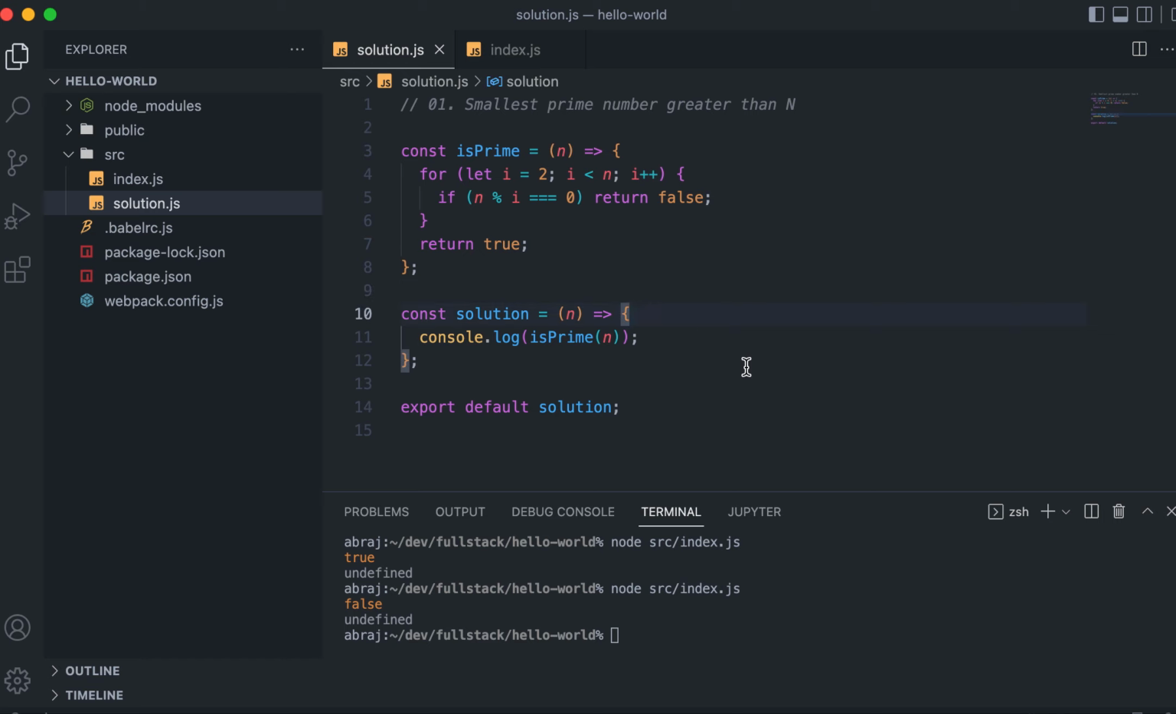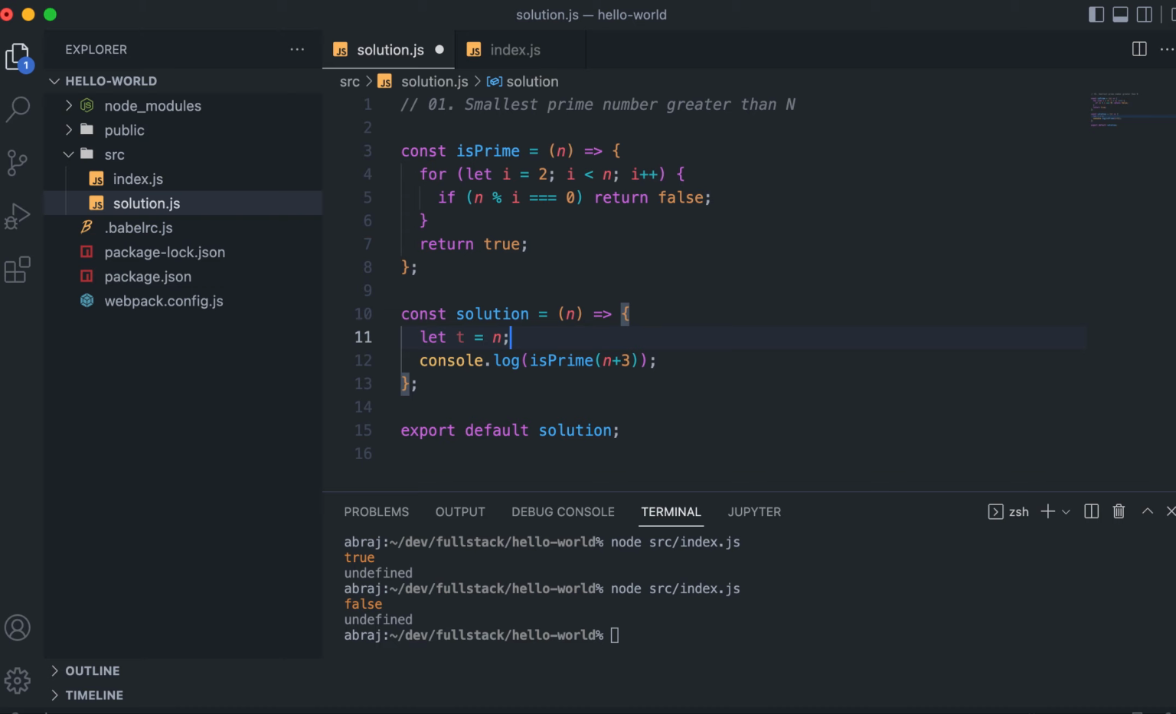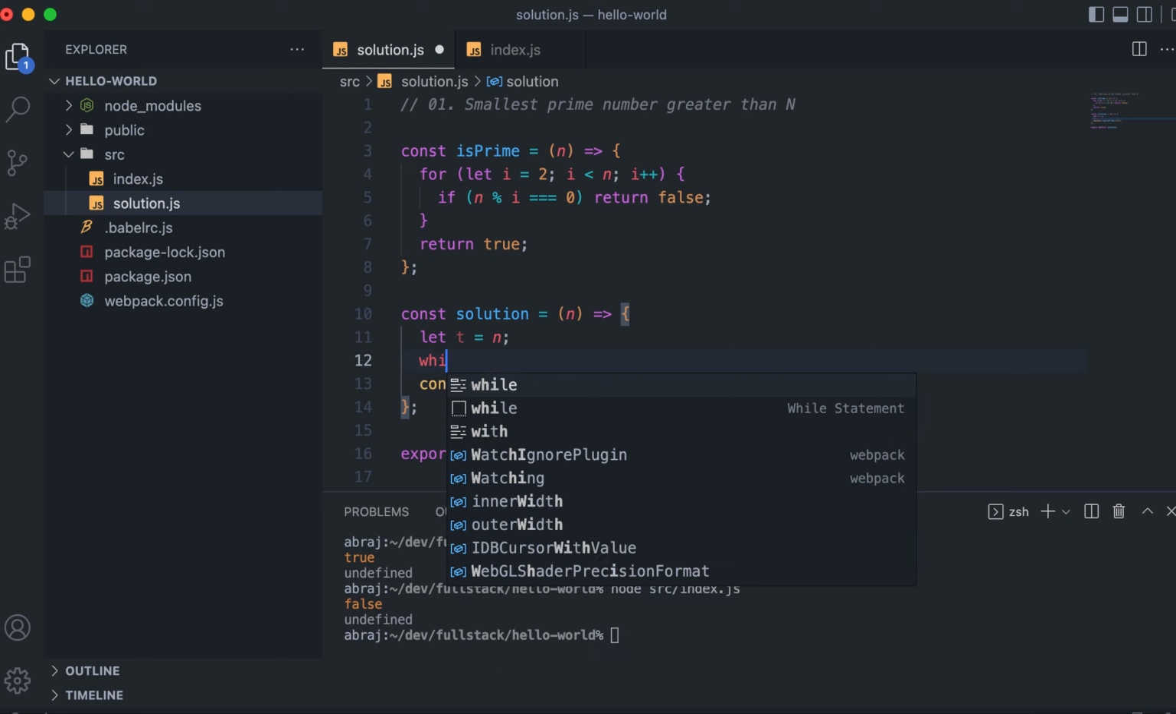Now what we have to do is that whatever n is provided, I don't have to check for n. From n plus 1, n plus 2, n plus 3, the smallest one which is a prime, that number I have to return, right? Now for that what we can do is take a variable t which starts with n, that is fine. But I have to start checking from n plus 1. So what I can do is run a while loop,